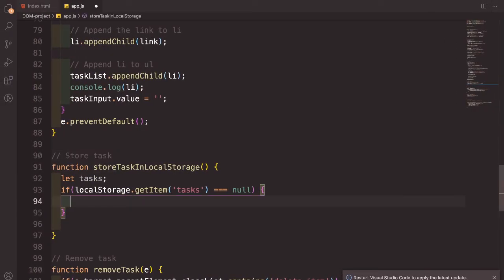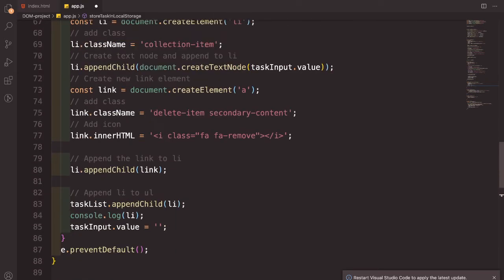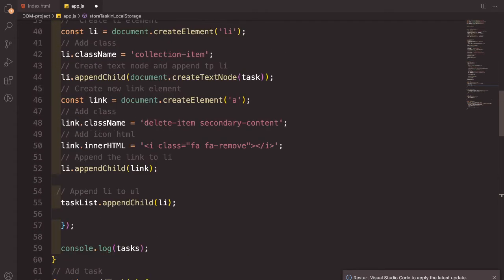So, ngayon, we need to just add a task is equal to an empty array. Alright? Else, okay, so let's create an else in case na meron sa laman sa loob. Ang gawin natin, si variable task, which is ito. I-assign natin siya with JSON. So, JSON uli. So, ipa-parse natin siya. Okay, so parse, katulad literal kung paano yung ginawa natin. Pero in this case, ang ginawa natin, kung napansin nyo to,